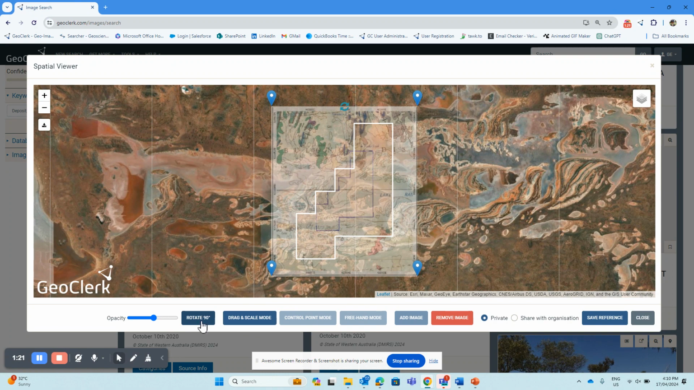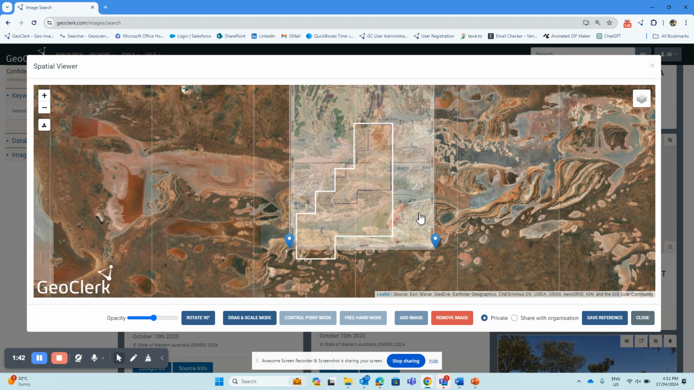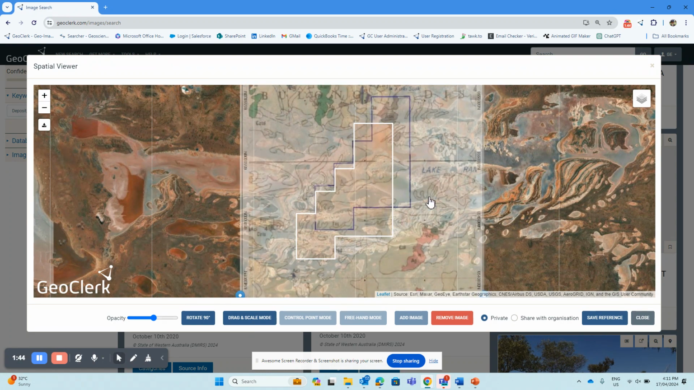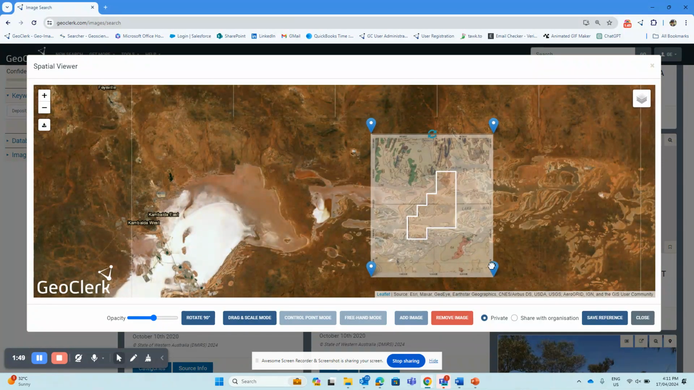Firstly, if we need to, we can rotate the image through 90 degrees just by clicking on the rotate 90 degrees button. The default method for when you open up the georeferencing tool is to drag and scale the image. So that'll be the one that's highlighted. And that's as simple as grabbing the image, moving it, and then grabbing one of the corner points to scale it, and then essentially fit it into whatever reference you have in the background. In this case, it's the actual tenement outline itself. And then once you've done that, you can click on the Save Reference